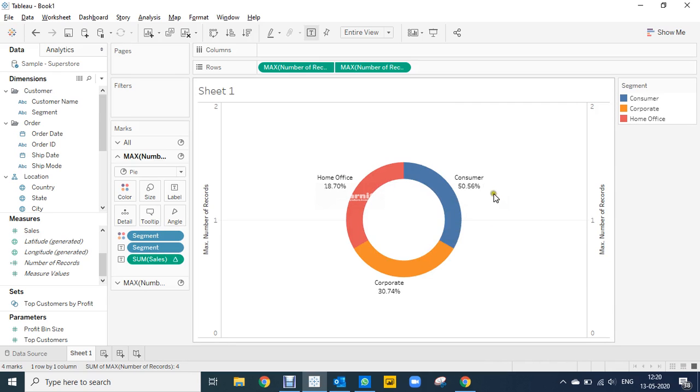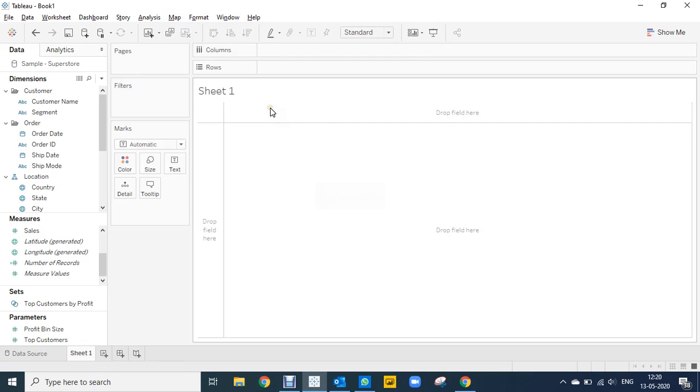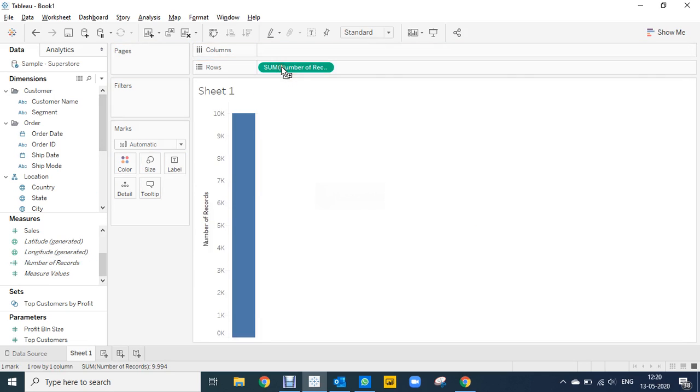So guys, this is a donut chart that is very simple, and you can easily create it. Let's create it again so that you can easily understand. I'm just clearing it off. What you need to do is just put number of records two times over here.